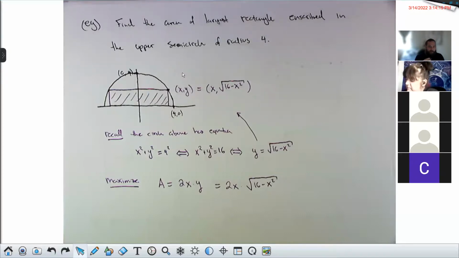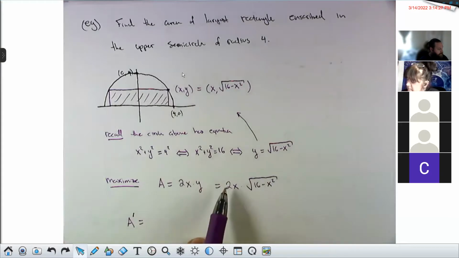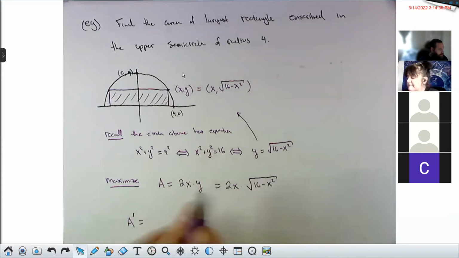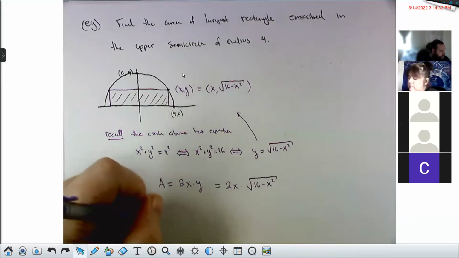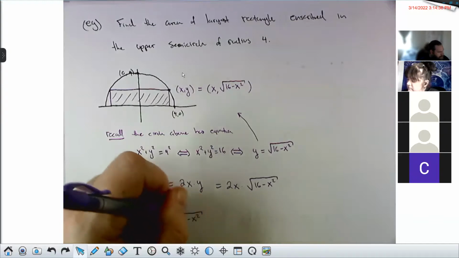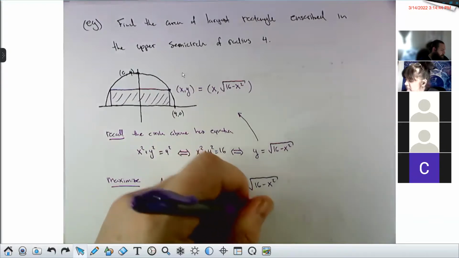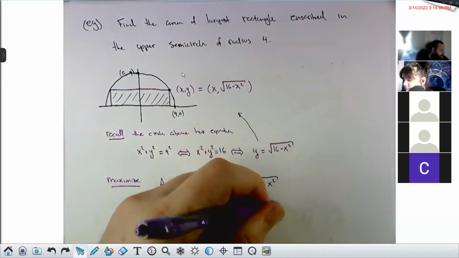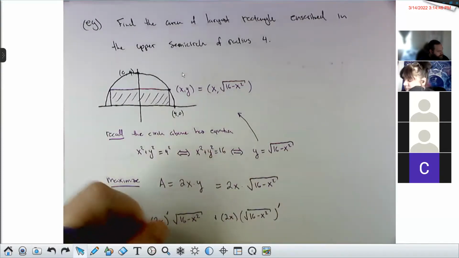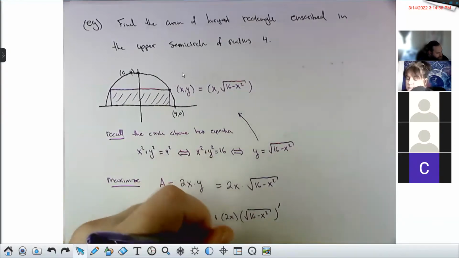In order to maximize this, I'll need to take a derivative. So A prime here is going to be a product rule thing, 2x times the square root. So I'll differentiate the 2x, leave the square root alone, plus leave the 2x alone, differentiate the square root. This is going to be 2 times the square root of 16 minus x squared plus 2x times